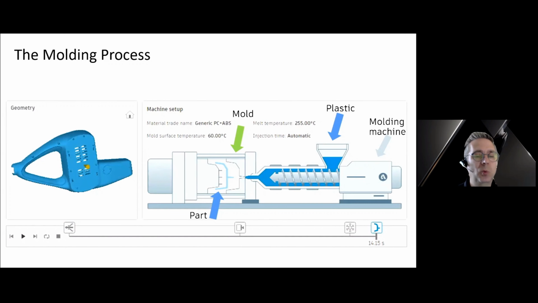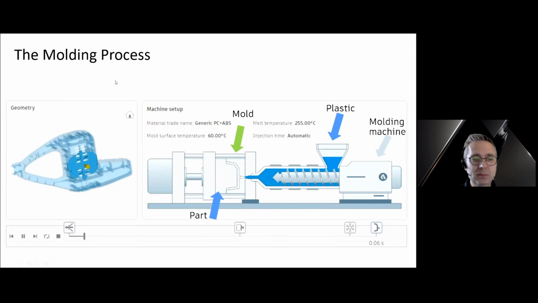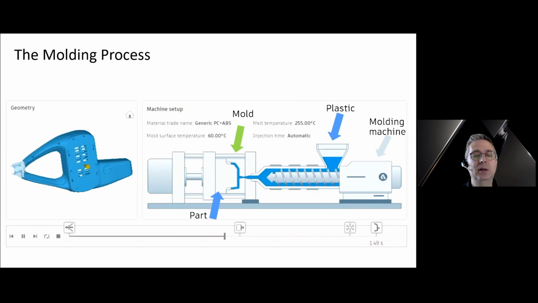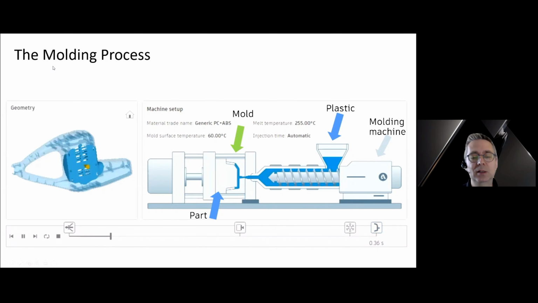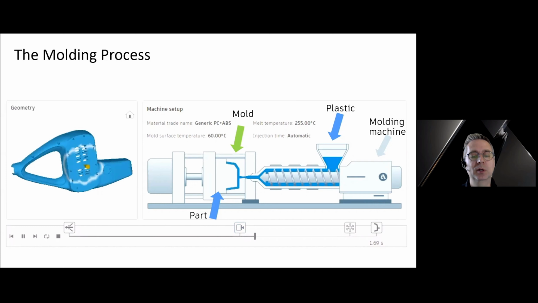So I want to just talk through this one more time as we animate this. Again, as we're injecting the molten plastic into the tool, it's going to solidify once it's cool enough. At that point, we're going to pack, which is sort of helping to deal with that shrinkage. The part ejects, and then we repeat. Again, just one more time here. We're injecting the molten plastic into the tool. It cools down. At some point then, we go to the compensation phase to pack a little more material in. Once it's full, it will cool down until it's completely frozen. The part is ejected, and we repeat this process.